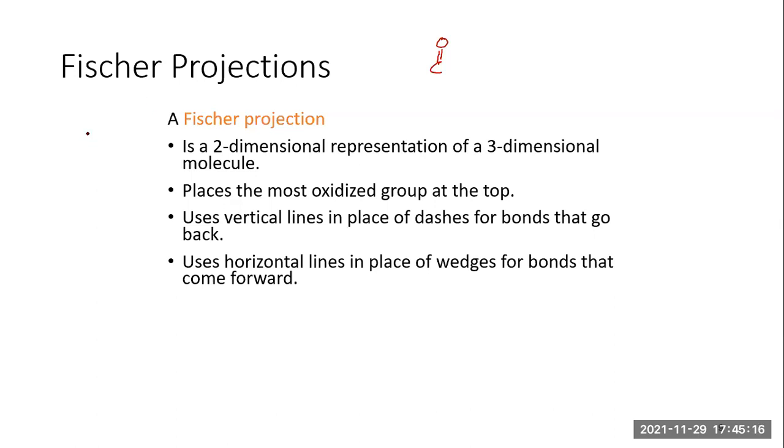So sometimes things are represented in 3 dimensions, where a little wedge means it's coming forward, out of the paper, and a dash type of line usually means it's going back, through the back of the paper. So we sometimes use vertical lines and horizontal lines to represent this. If we take a look at some of these structures here,